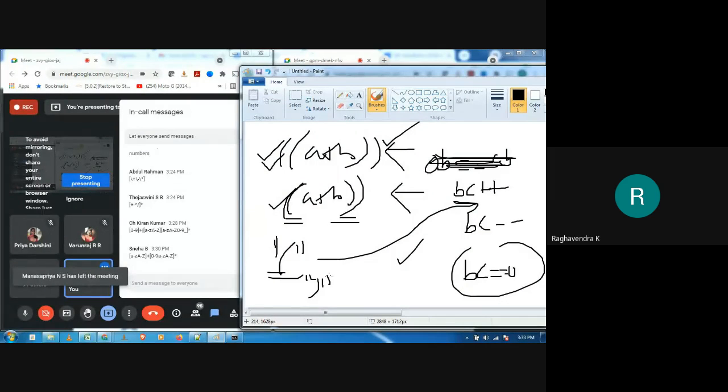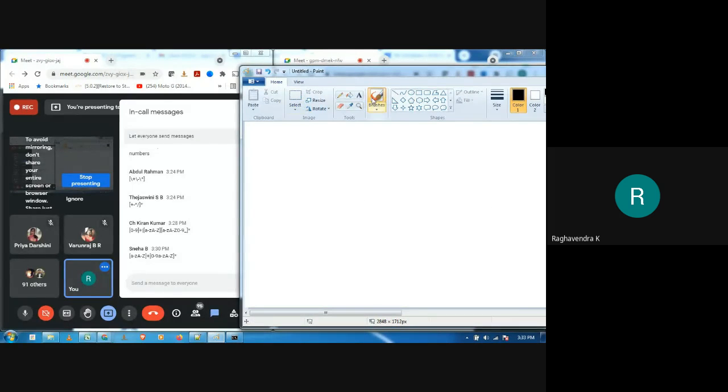But if I use this logic, what will happen is, if the expression is like this, whether valid or invalid, you know that this is invalid, but as per your logic, bracket count will be equal to 0.